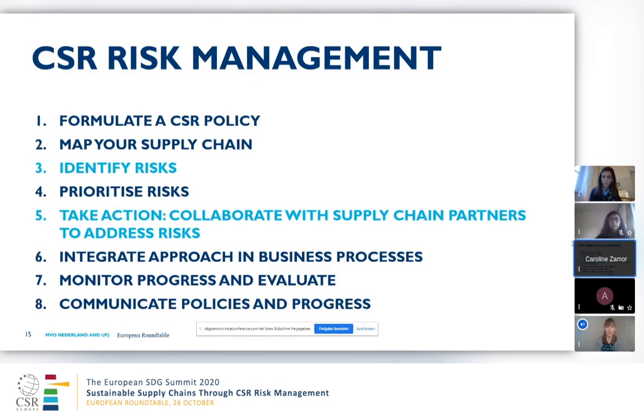And that is also step 5. The most important thing, I think, of CSR risk management is to take action. And this can mean a lot of things. For SMEs, it means something else than for big companies. For example, for SMEs, collaborating with supply chain partners to address risks and work together in a sector. So, joining a sector initiative or supply chain initiative to work together to tackle a certain risk in your supply